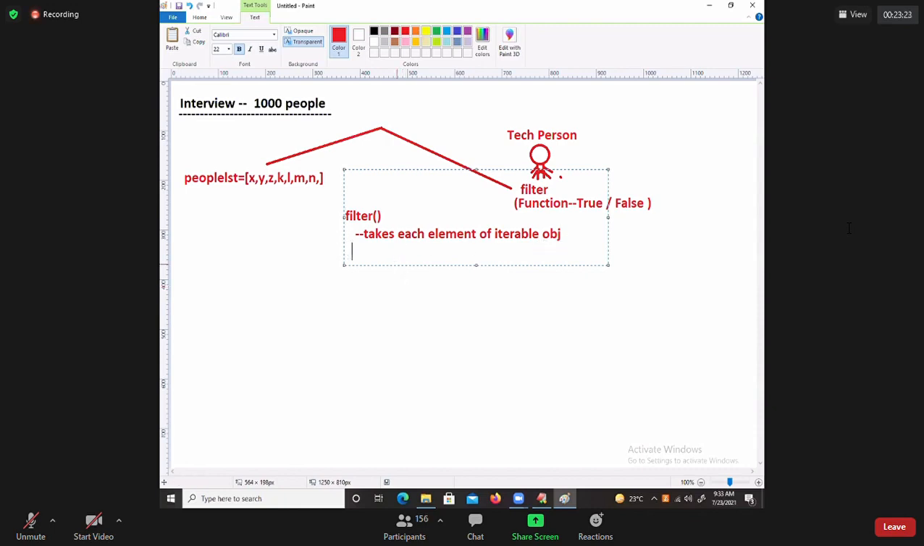Then after that, it is sending to what? Some condition is applied. The filter function works one upper level layer. The filter function takes each element and applies some condition with some function. I will tell you what that function is. That function can be either a normal function